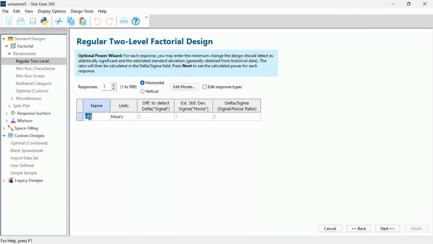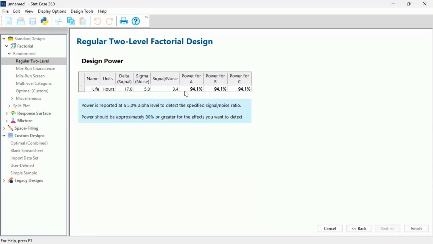And normally, before we do an experiment, I would look at what you are trying to accomplish here. Well, they're currently starting at 17 hours. They would like to double that at a minimum. So I would put 17 hours in here for the difference to detect. We don't want to miss that. And then I would ask, what's your normal variation on life at accelerated testing? And I'm just going to throw a number in here. Let's say 5, if you do this over and over again.